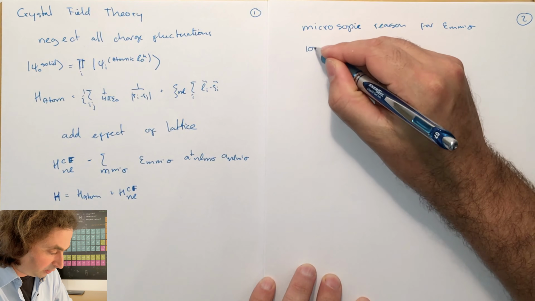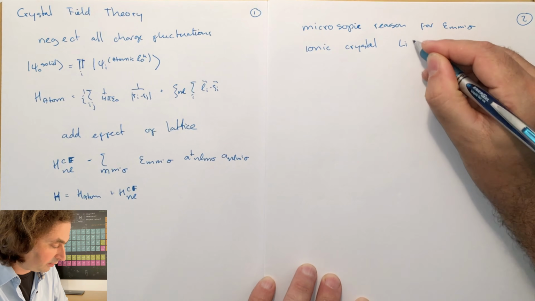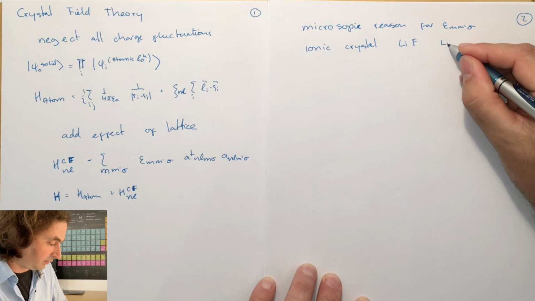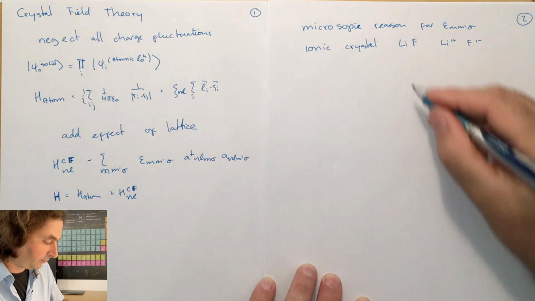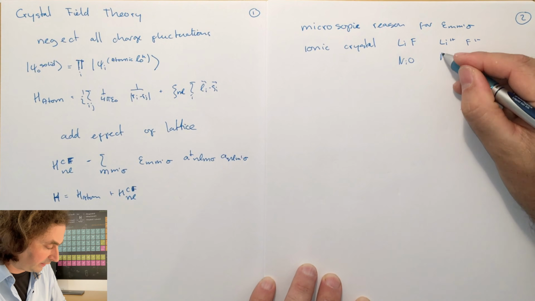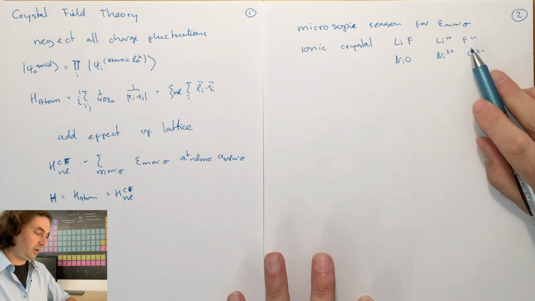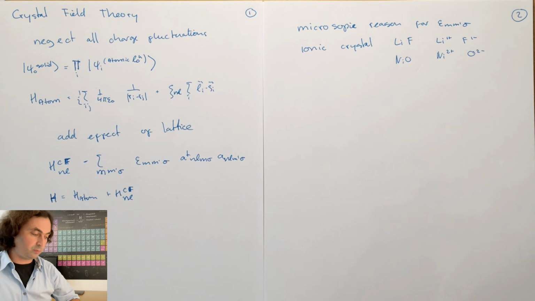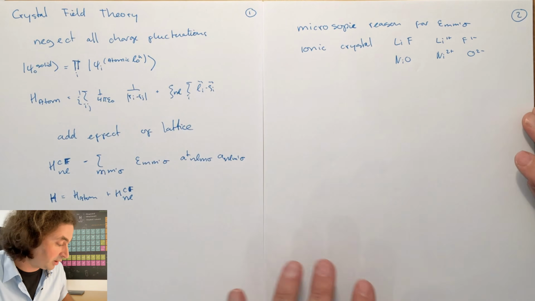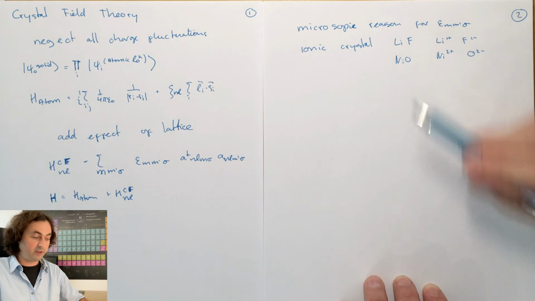Now, the method is developed for ionic crystals because we neglect all charge fluctuations. So we can think of something like lithium fluoride, where we say that we have lithium 1 plus and fluor 1 minus. Or nickel oxide, where you have nickel 2 plus, oxygen 2 minus. In both cases, when I make fluor 1 minus, it becomes the neon configuration, and oxygen 2 minus also becomes a neon configuration. So we get filled shells of the oxygen or fluor, which we will call the ligand ions